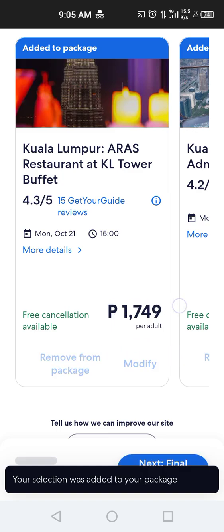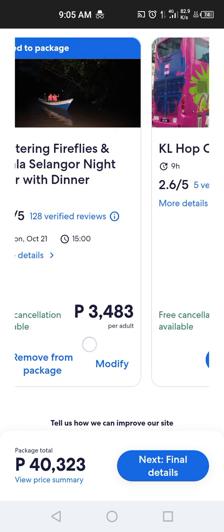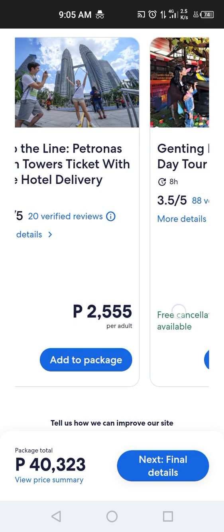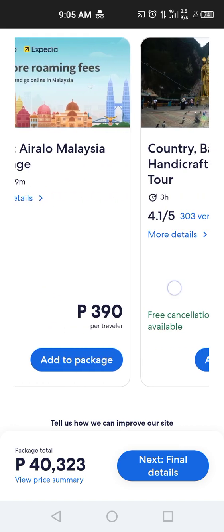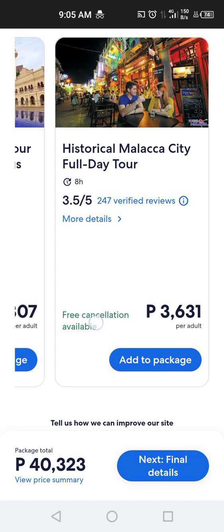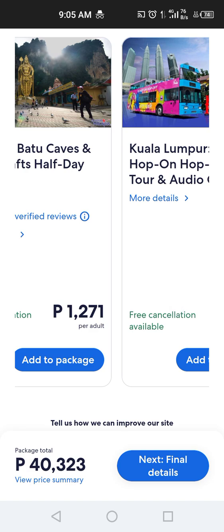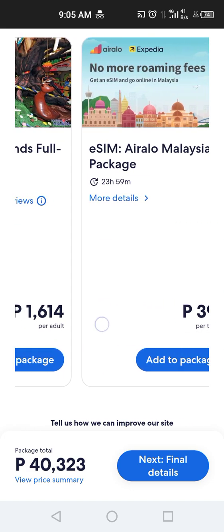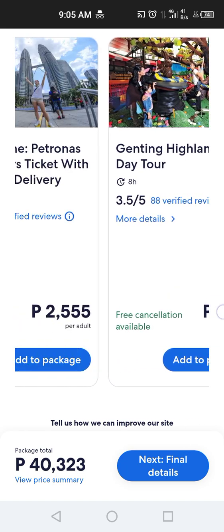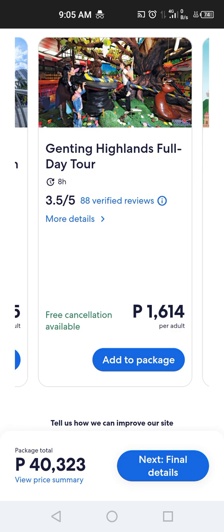And there we have it. So we have the three activities per day. So let's choose the activities for our second day in Malaysia. So maybe let's pick the 24 hours tour. Where is it? Yeah, maybe let's pick this one.